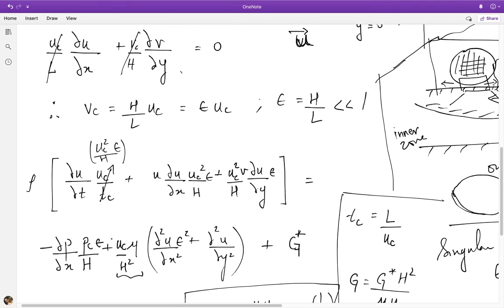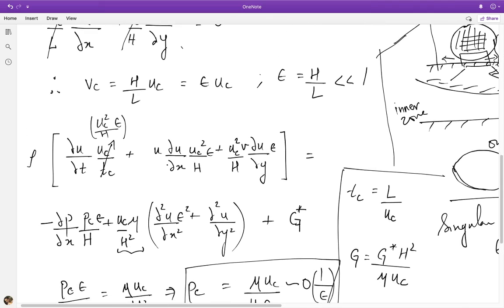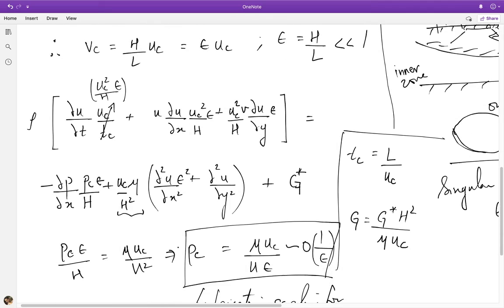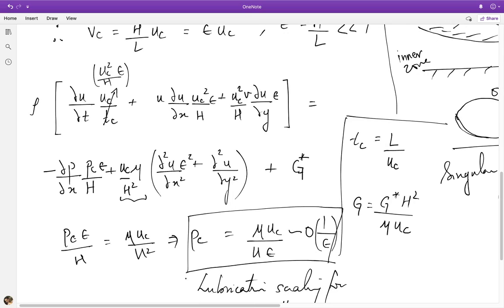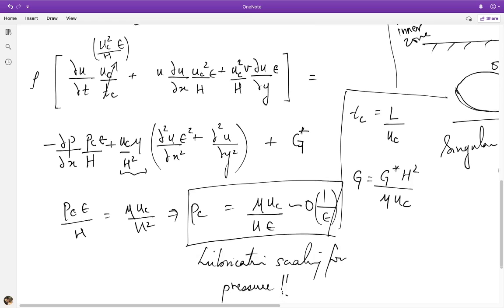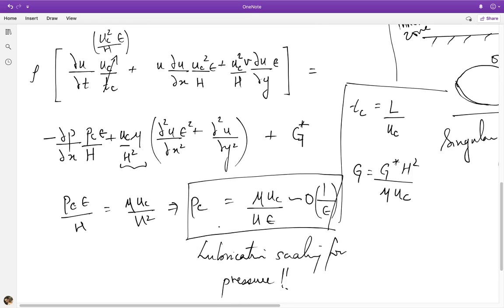Alright, so all of that I've just said in words is actually inherent in the scaling operations that we have done, but it always helps to go back and forth and try to understand what the math and what the procedure is telling us, to build confidence and also to gain insight. Okay, so with this pressure scale now, we are now in a position to write down the scaled version of